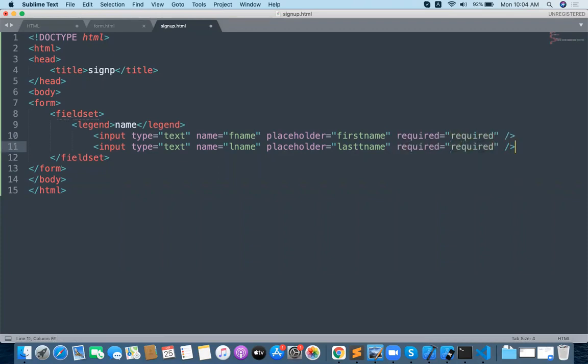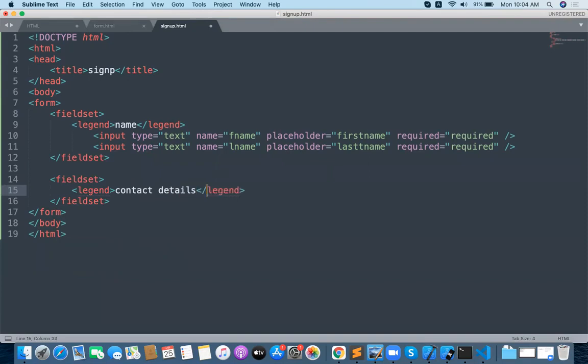Required equal to required. Now I want to take a fieldset for contact details, and this is again another legend value, contact details. I should enter some contact details of the person who is filling up the form. Let me take an input type email.